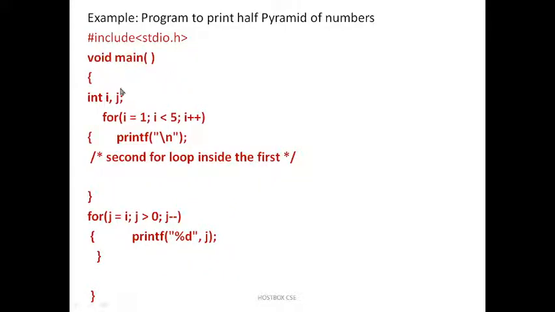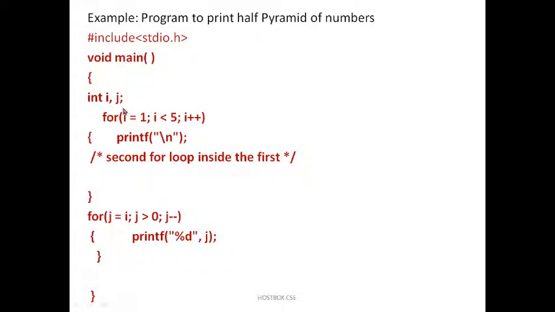Before going to the session, today we are going to see simple programs using loop statements, which are very important. In the previous session I didn't show the output of the program, that is, the program to print half pyramid numbers. This is one of the number programs where we are using the nested for loop. Nested for loop means what? You can use more than one for loop in the same program. So today I am going to explain again and execute it also.